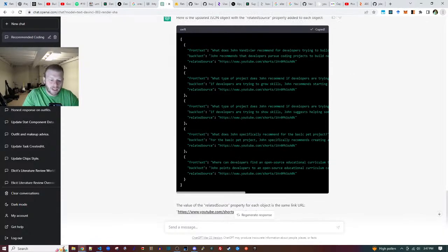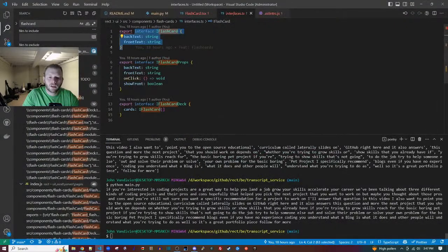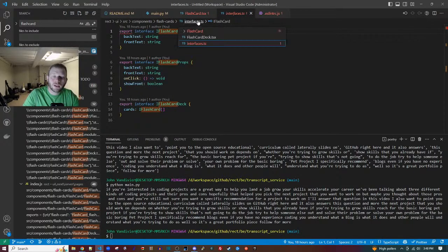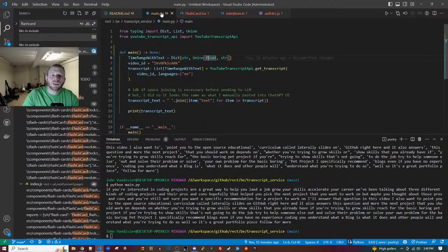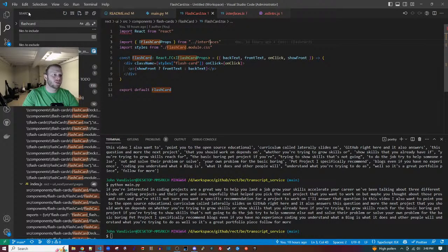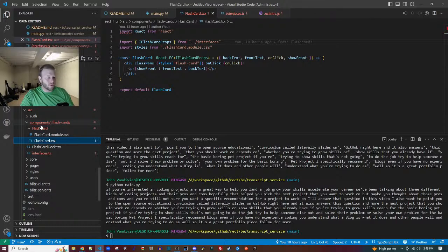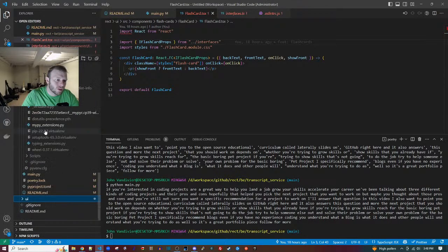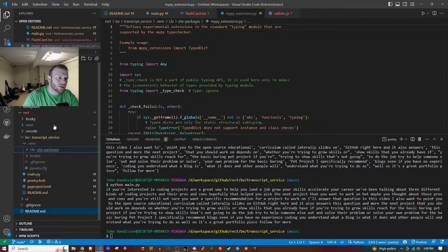All right, so we copy this link and we go over here to this flashcards thing. So actually what I want to do is somehow write this as a file. Okay, I want to write it as a JSON file. So here's UI, MyPy extensions, I don't want all that.